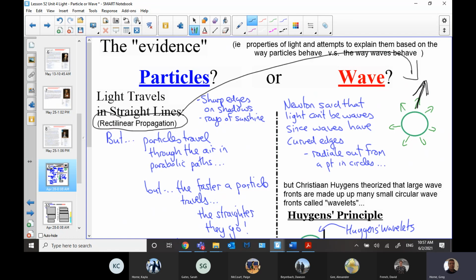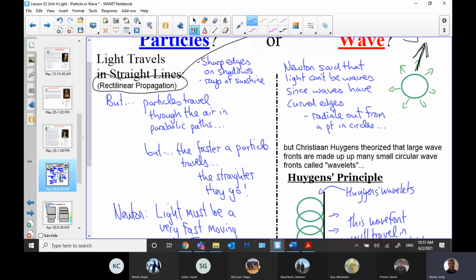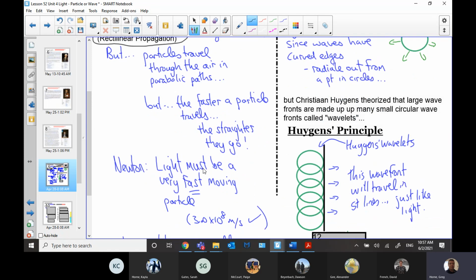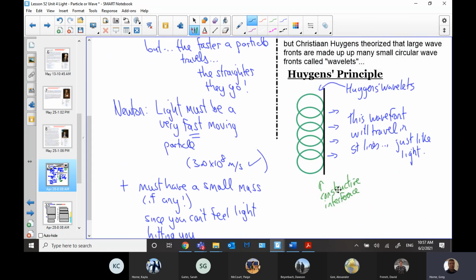I don't know what the problem is, right? Certainly, I have no problem thinking of light as a wave based on the fact that it travels in straight lines. But I felt he had to convince people of his ideas and what he believed. So he showed this, and then people were like, oh, okay, I guess it could be a wave after all.